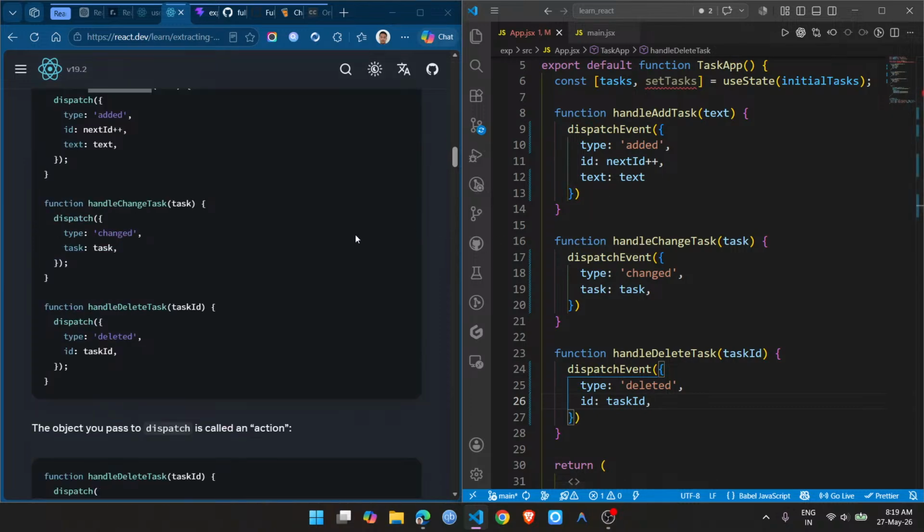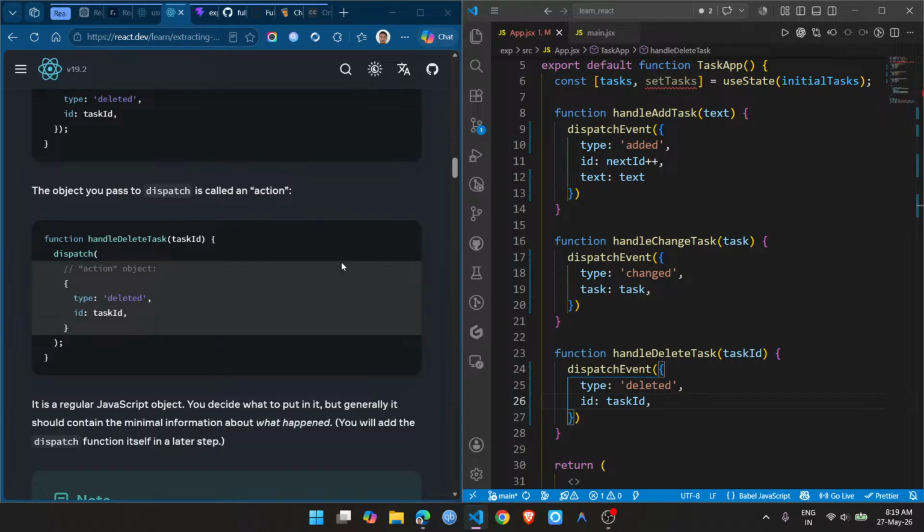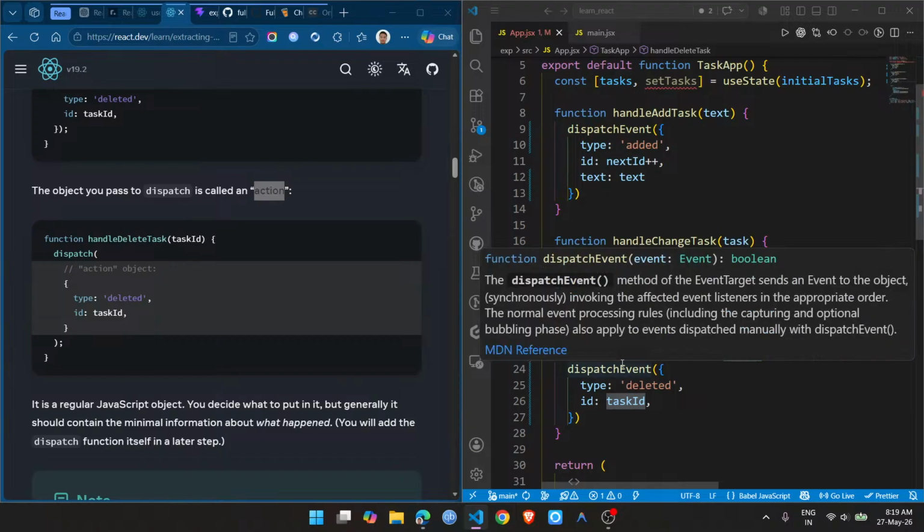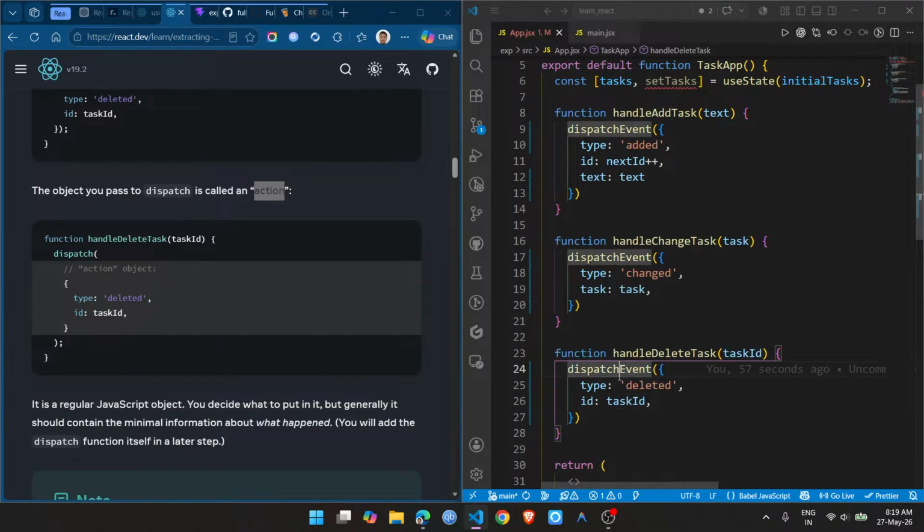Okay, I did it just as they told me to do. The object you pass to dispatch is called an action. This object is called an action. Function handle delete task, which is passing task ID. Inside that I have my dispatch event, and this action object